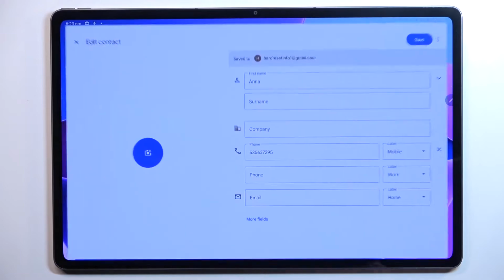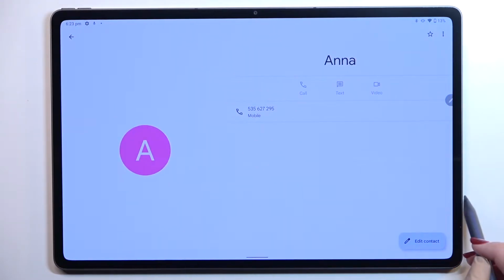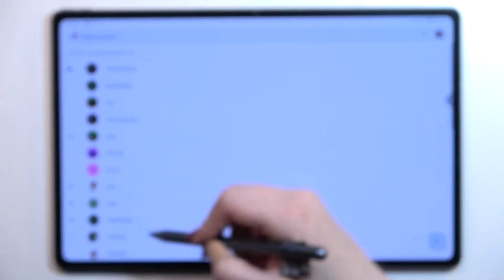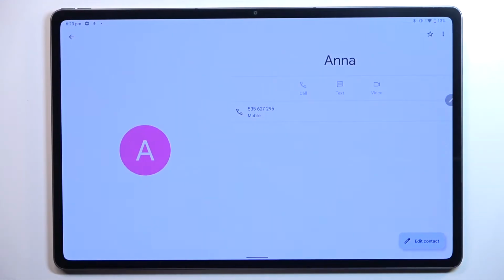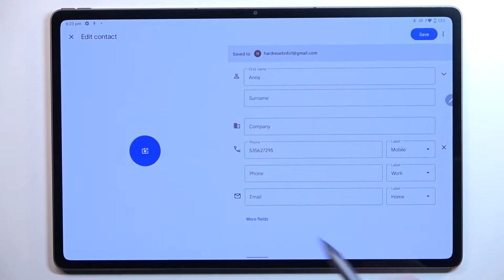So first of all, let's open your contact list. Here we have to find the contact we would like to edit in this list and tap on it. So let me pick Anna. Now let's tap on Edit Contact in the right lower corner, and here we have to take a look at